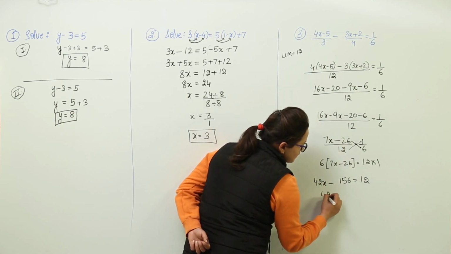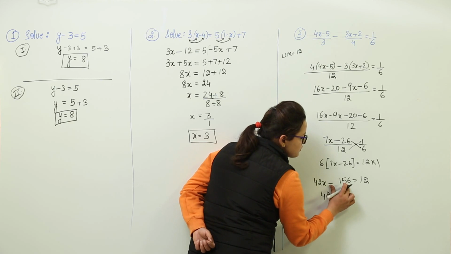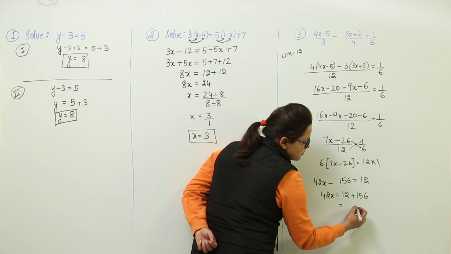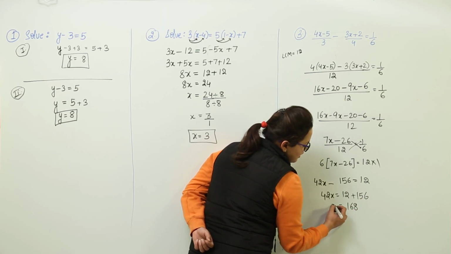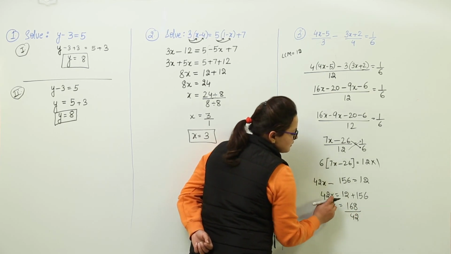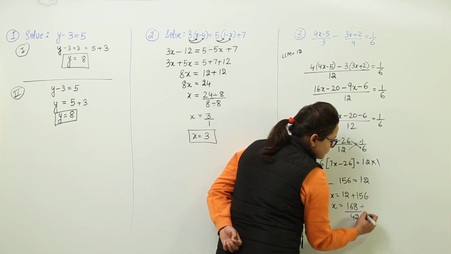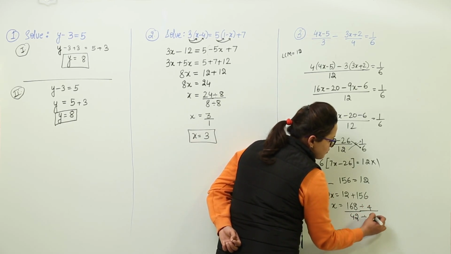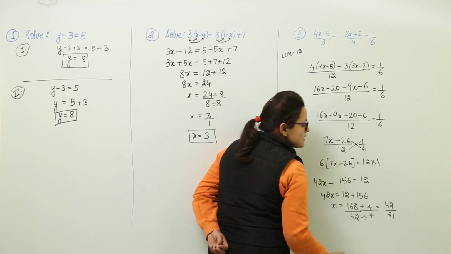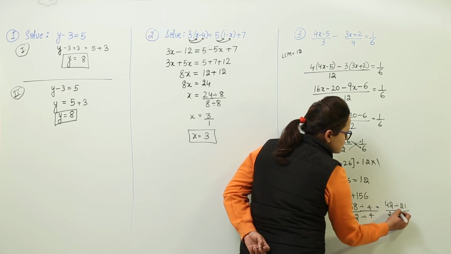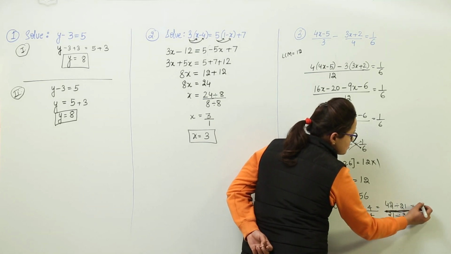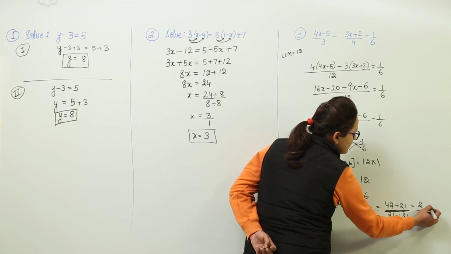Now again solving further, we get 42x equal to 12 minus 156, transposed to the other side becomes plus 156. This is equal to 168, and now x will be equal to 168 over 42. Because 42 was getting multiplied, we can solve them further by dividing them with the common factor, that is 4. What do we get? 42 upon 21. Still they can be solved further with the common factor 21. So on dividing them with the common factor, we would get 2 upon 1, that is equal to 2.